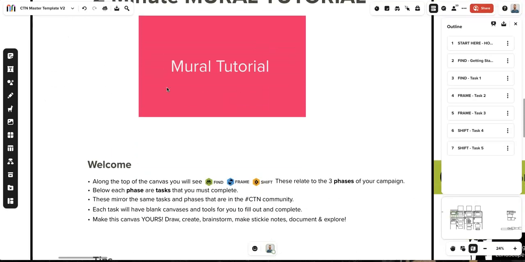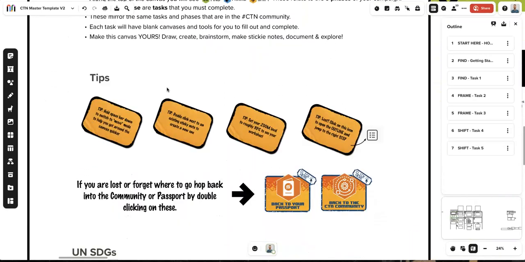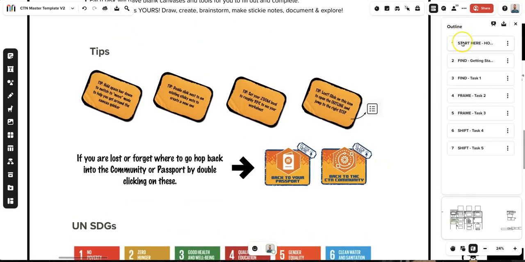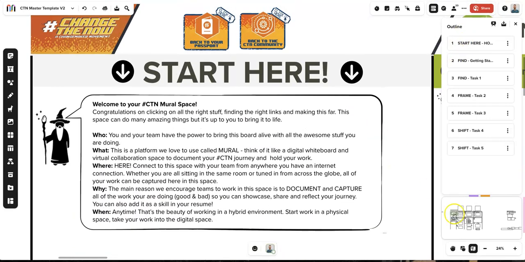There'll be a video here as well, and then some tips and tricks on how to use the space. At any time, you can double click on these symbols to get back to your passport or back into the Change the Now community. And like I mentioned at the beginning, the power of Mural is the ability to zoom